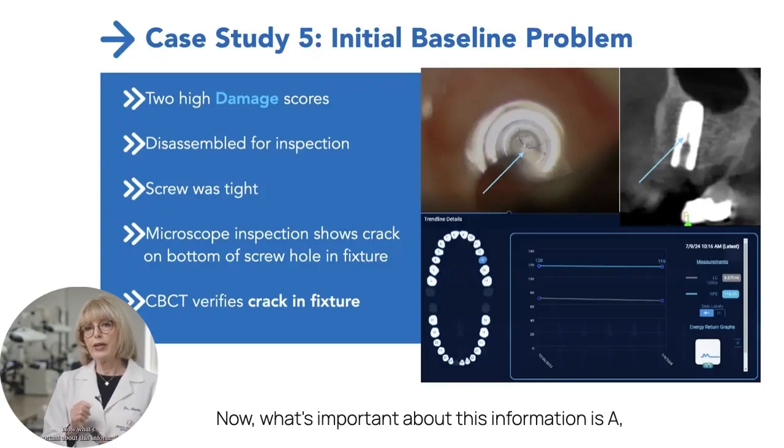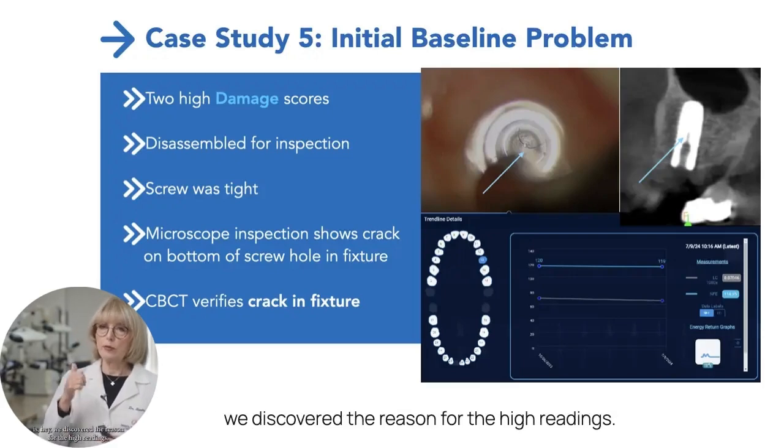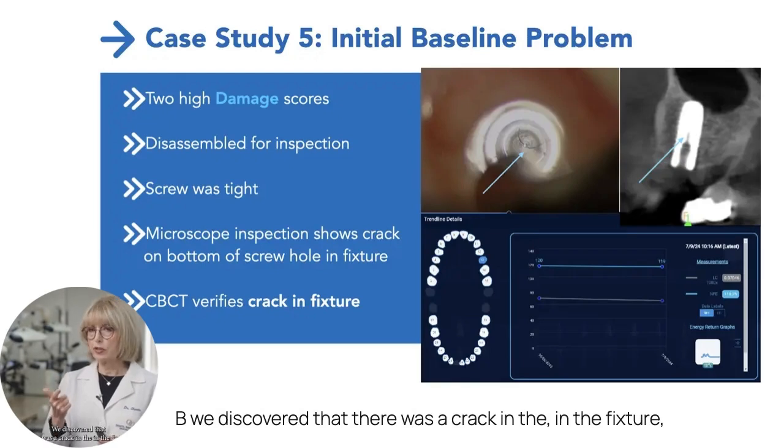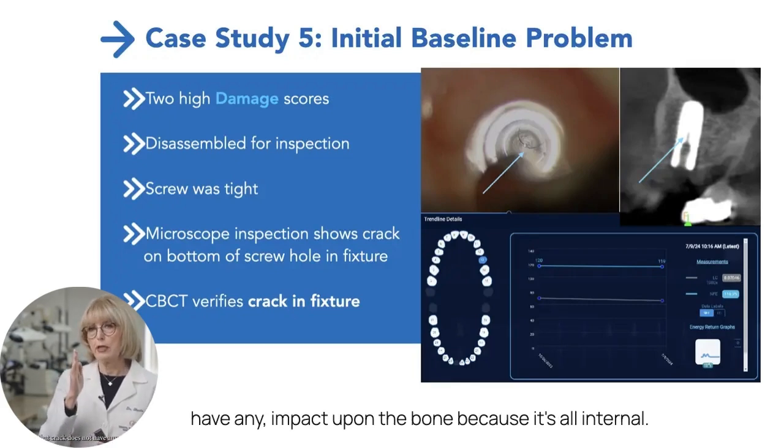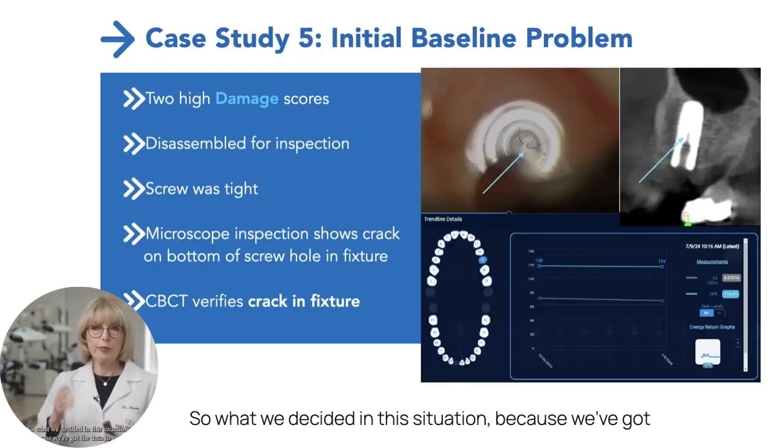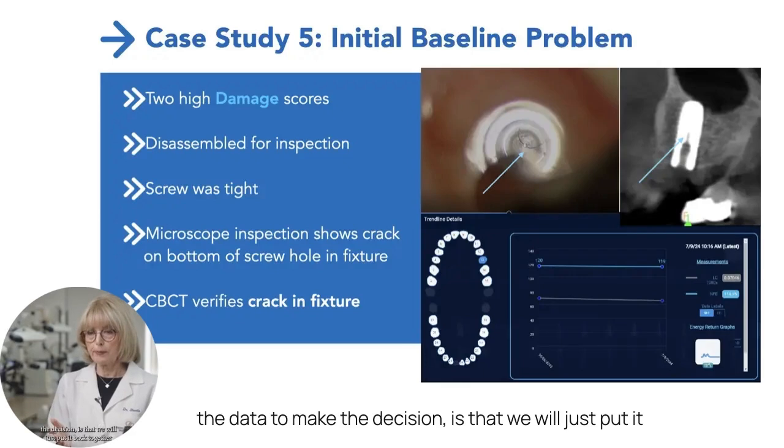Now, what's important about this information is A, we discovered the reason for the high readings. B, we discovered that there is a crack in the fixture. But we can see from the CBCT that that crack does not have any impact upon the bone because it's all internal. So what we decided in this situation, because we've got the data to make the decision, is that